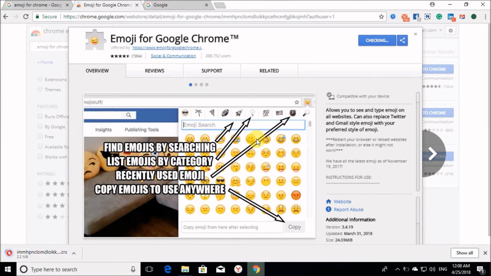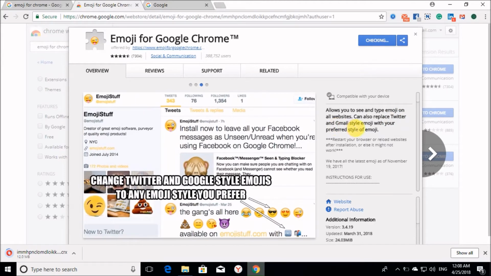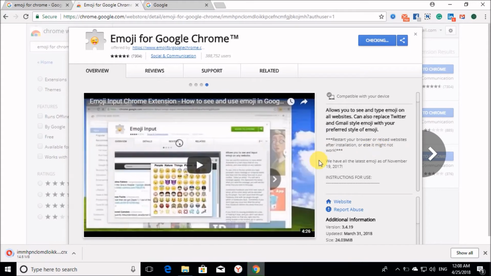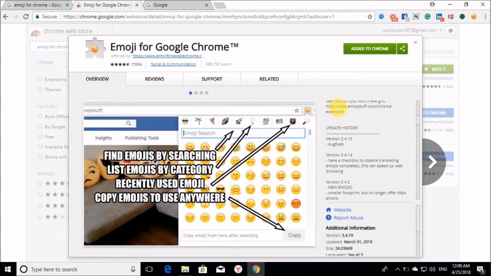It allows you to see and type emoji on all websites, can replace Twitter and Gmail style emoji with your preferred style of emoji. Restart your browser or reload website after installation. Instruction to use. Here are 3 methods mentioned to write emojis. For visual instruction, go to this link,